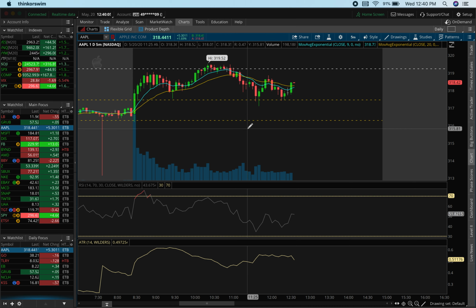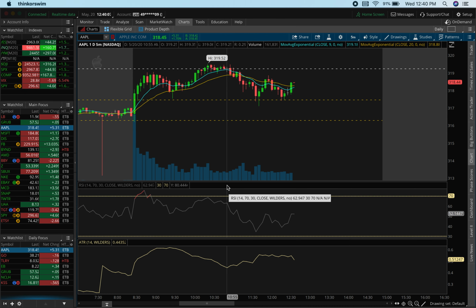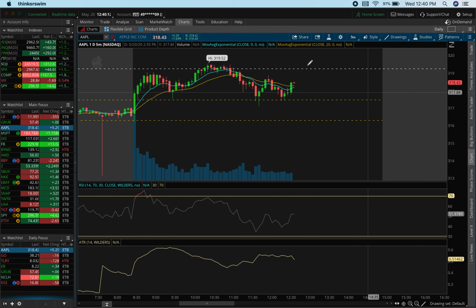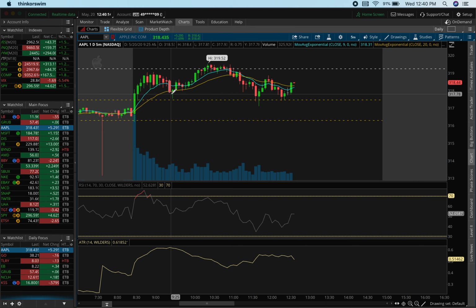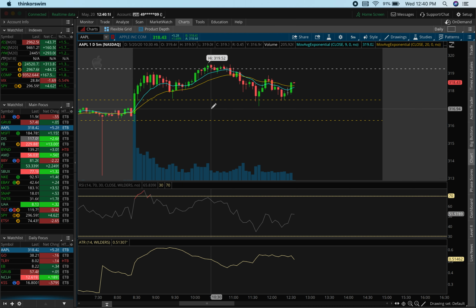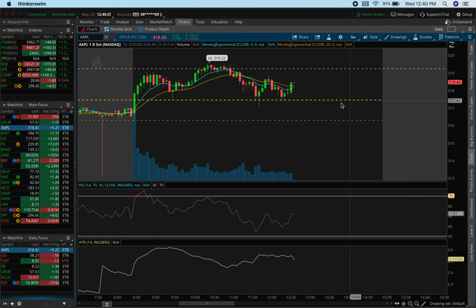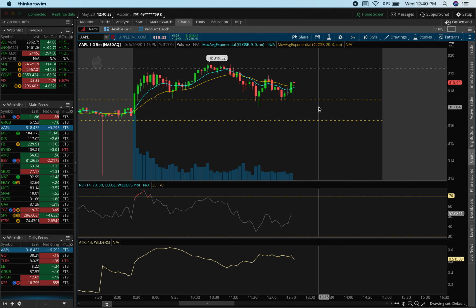Yeah, but I really just wanted to keep this short. But don't always depend on indicators. Just always have a plan. Always identify support, resistance. Don't just get in for the sake of getting in. Just follow your plan. Always have a stop loss, whether it's a mental stop loss or a hard stop loss. Me personally, I do not like to use hard stop losses only because of market makers. But if you are a beginner trader, I would definitely use a hard stop loss, because what's going to happen